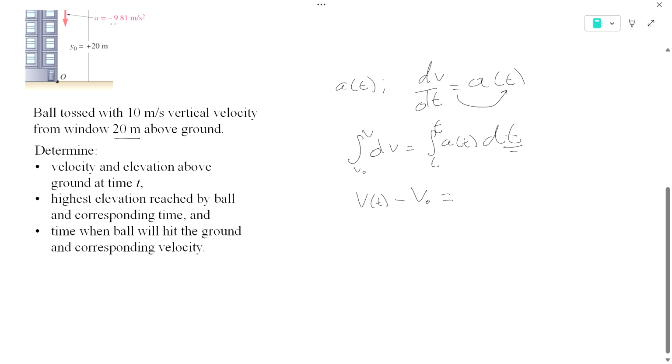What is the acceleration in this case? It is negative 9.81, which is actually not a function of t, it's a constant. So really, if we were to do this the right way, it would be